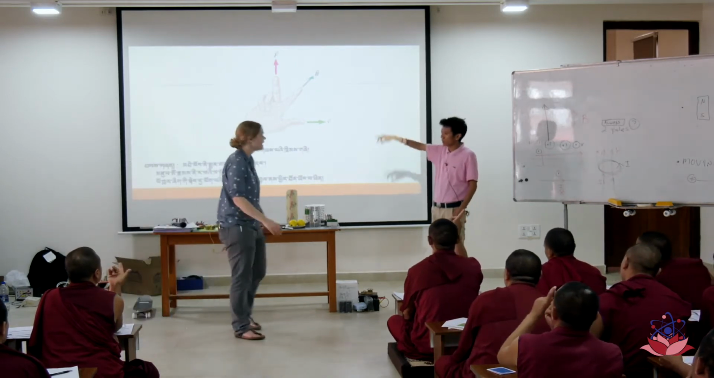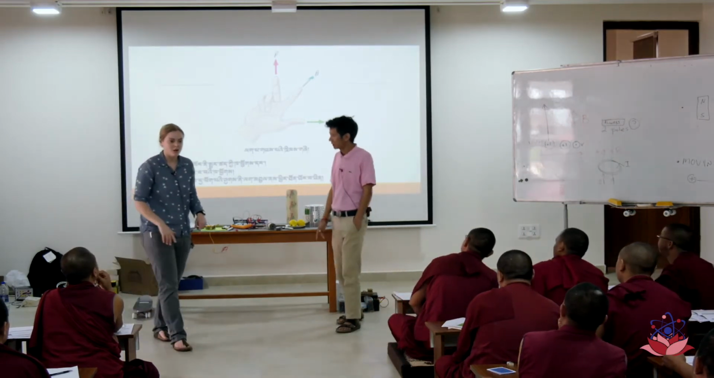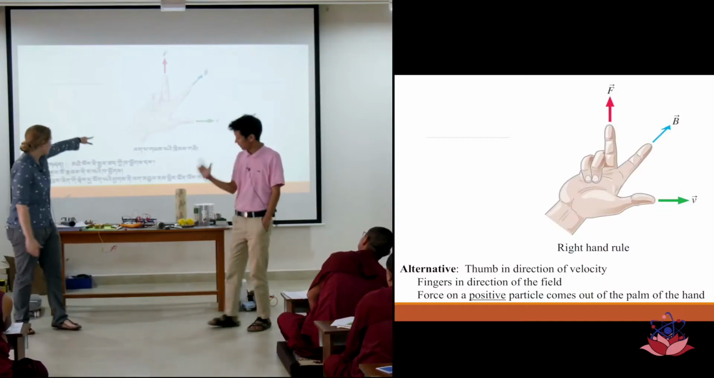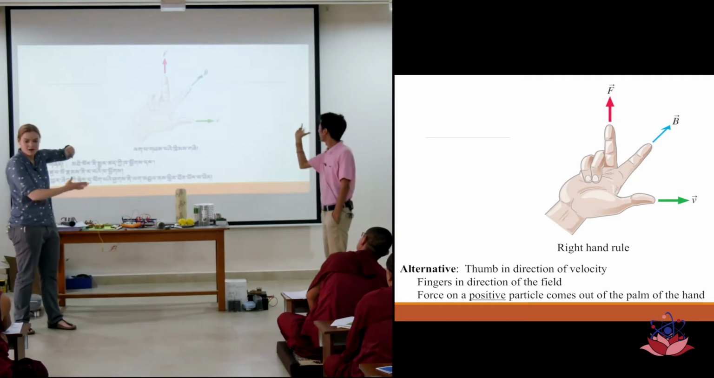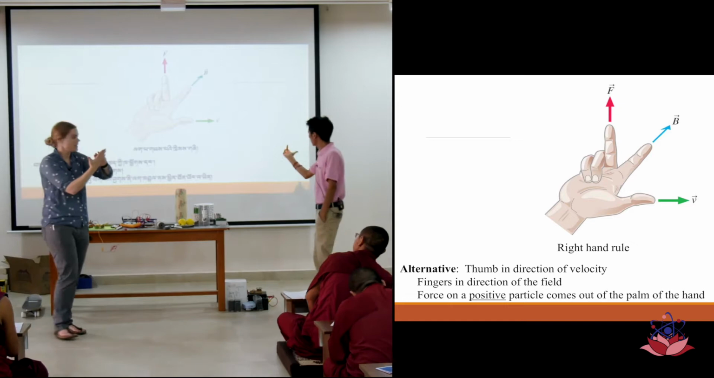So you have force towards upside. So what happened here? So let's actually. Same thing. So we have the velocity is the direction of the thumb, and the magnetic field is in the